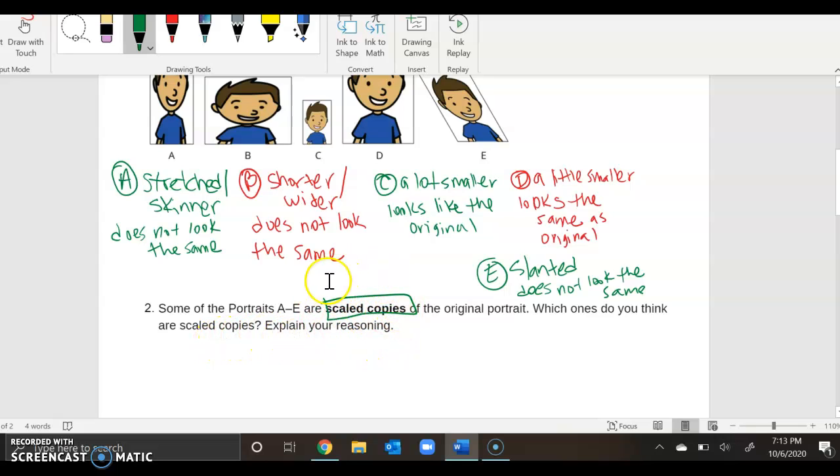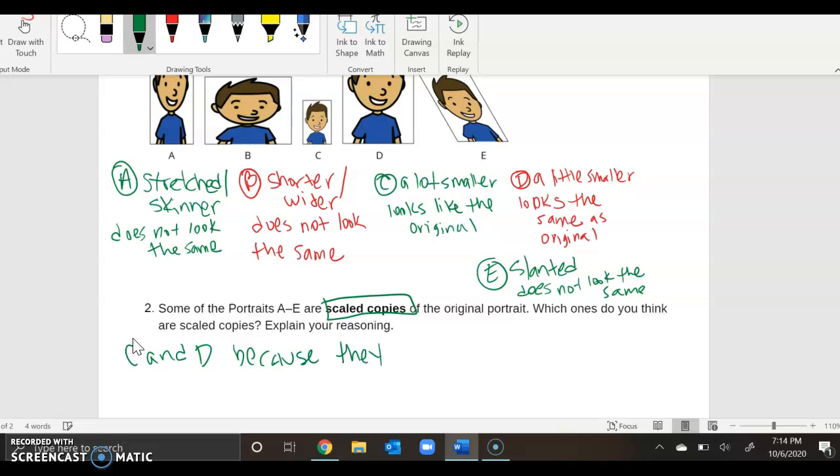So we haven't talked about this idea of something being scaled yet, but based off of the information we talked about when comparing pictures A through E, we said A does not look the same, B does not look the same, C looks like the original, D looks like the original, and E does not look the same. So if I want to know which ones are scaled versions of the original, that is going to be C and D, because